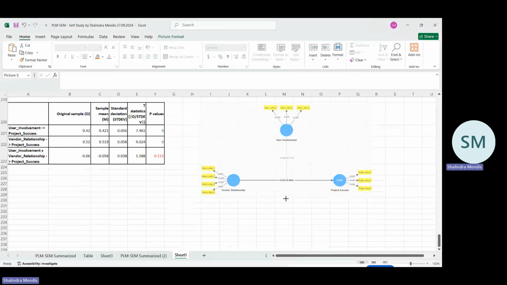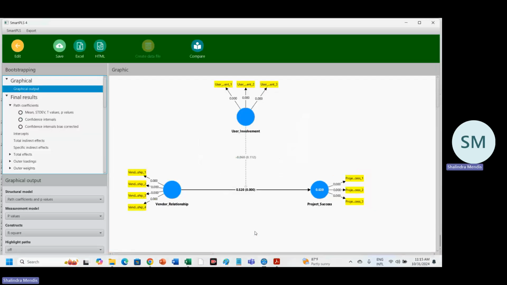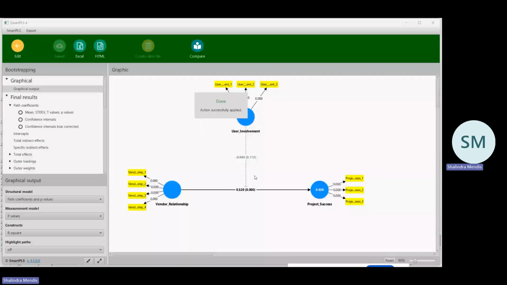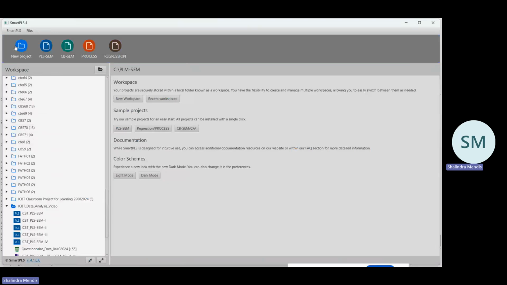Third variable. Save. So now you save it, create, then you go back, again back, you go to the fourth one, fourth and the final,